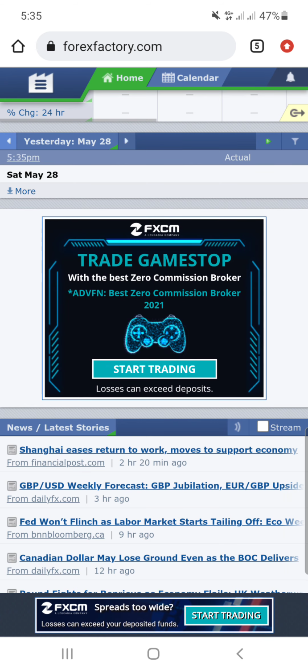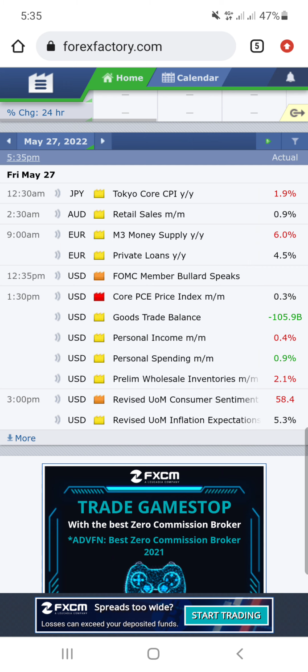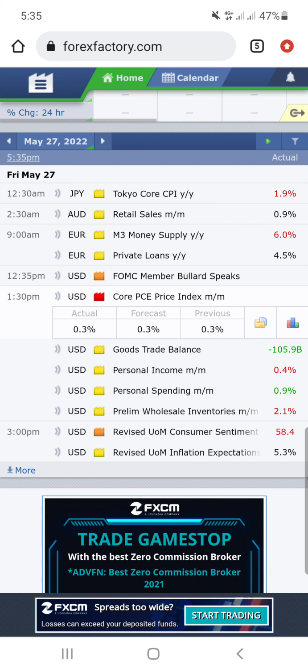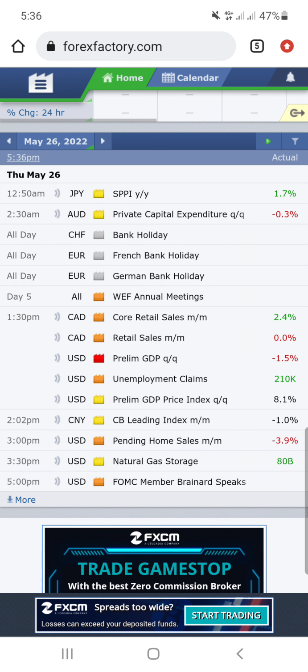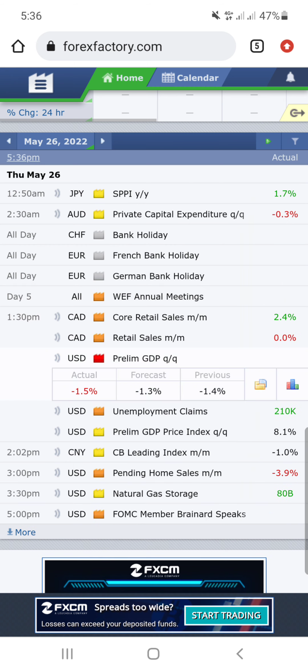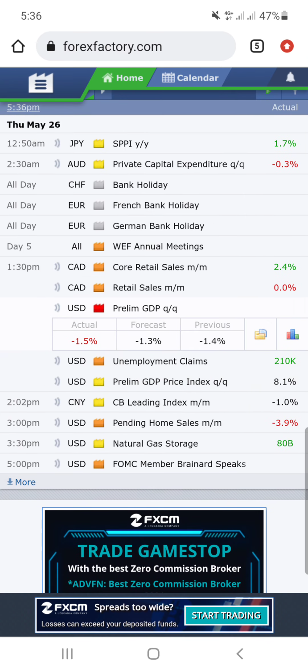Okay, let's go back. Friday. Okay, so now let's go and check the effect of this particular news. If you check for this Friday, the actual value and the forecast value are actually the same, so there was no much impact on the market. Let's go back and look for another market where the actual value is greater than that of the forecast. Okay, let's check this one. Now see this particular news release that was released by 1:30 in the afternoon. The actual value is less than that of the forecast value, right? Meaning that what the market will